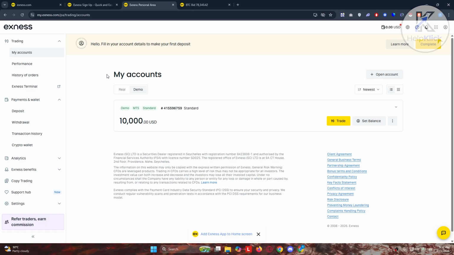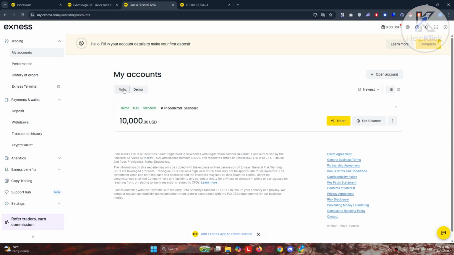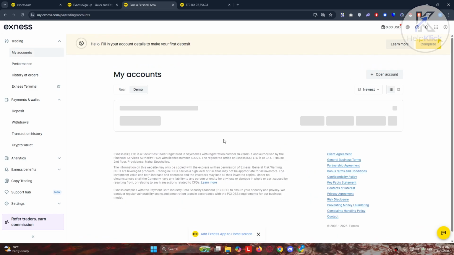The first thing that you may want to do here is open an account. If you click on the right side where it says open account, you should see an option to create an account. Depending on what you want to create, you can create a real account or a demo account. If you want to practice, choose demo, click on open account, and choose whichever account you want to open, like standard, cent, pro, raw spread, or even zero. Once you click on continue, you should be able to create your account